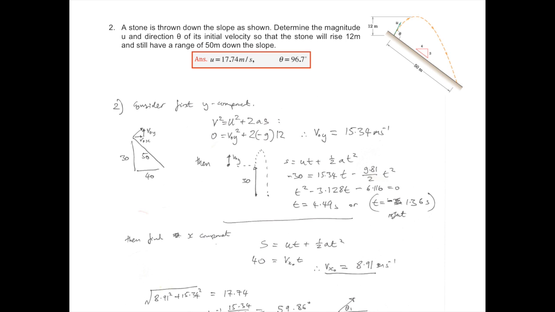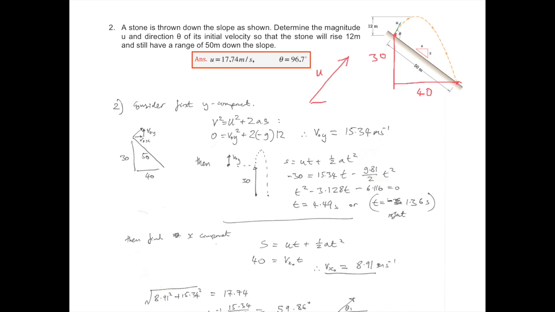We can completely ignore it because it's, again, just a matter of going between the beginning point and the end point. And we know everything we need to know about this question. We're given the gradient of the slope here, 3, 4, 5. If it's 50 meters, then we know that this is 30 and this is 40. And if we zoom in and look at the velocity vector, u,